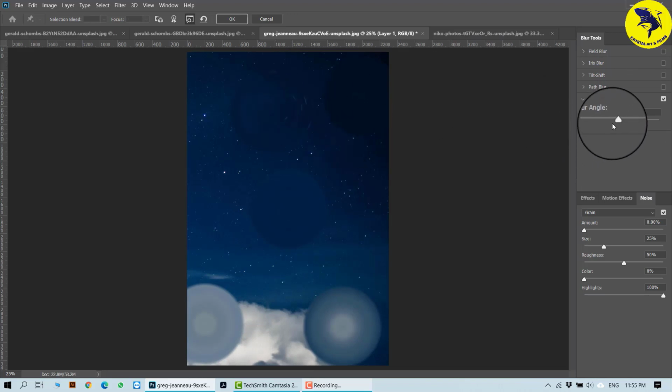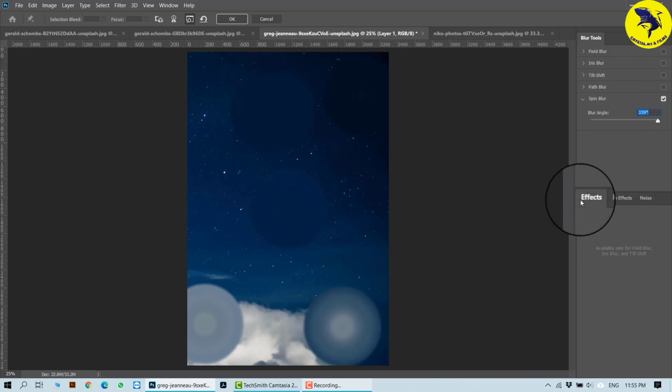Now if I click onto this one, on the blur itself I can do one more blur. So this is actually the spin blur. Now this is the effect of each one. It is available only on the three of them. This is how the blur works. You need to pick which blur you want.